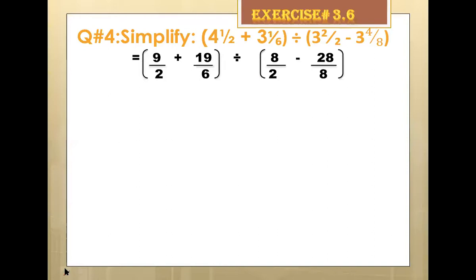Now what you have to do here, please look very carefully. Here you have addition and here you have subtraction, so you cannot reduce them. You cannot reduce them saying that 2 ones are 2 and 2 fours are 8. If you have the sign of addition and subtraction, what you will do is make your denominators common. How will you make your denominators common?